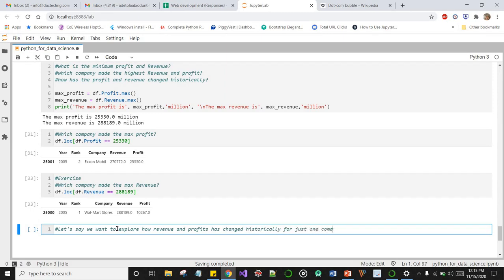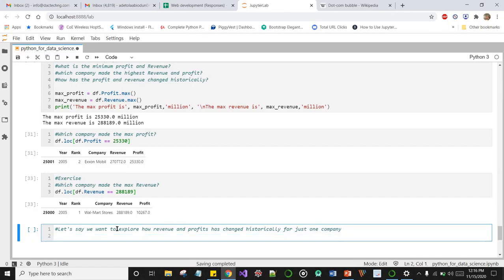Let's use ExxonMobil for instance. We just want to grab every row that has ExxonMobil in this data, and run a quick analysis to see how the revenue and profit has changed for just ExxonMobil only, right?